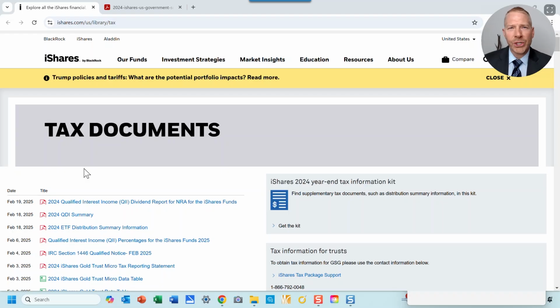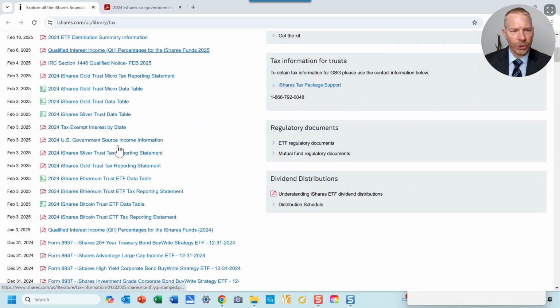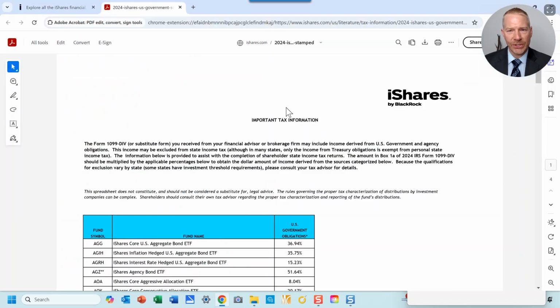If you have an iShares ETF like AGG, TLT, or others, you want to go to iShares Tax Library, look under the Tax Documents section, and then scroll down until you find this file right here: 2024 U.S. Government Source Income Information. Lots of documents here, right? Confusing. Click on this document. Here's what you're going to see. This is going to be the tax information that will show you the percentage of the ETF's dividend that came